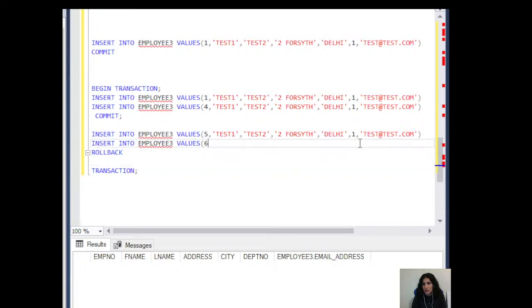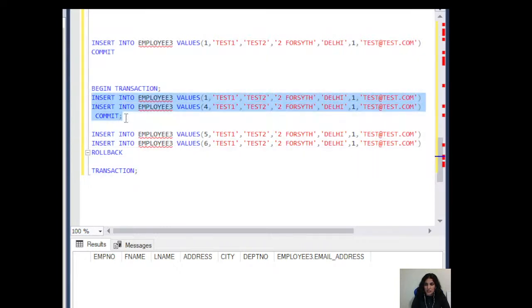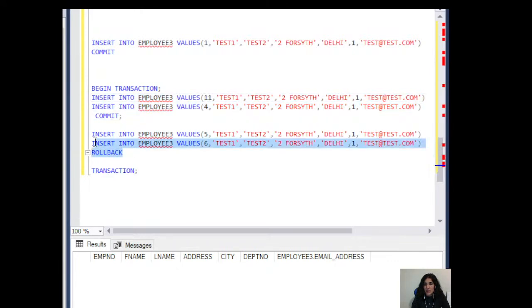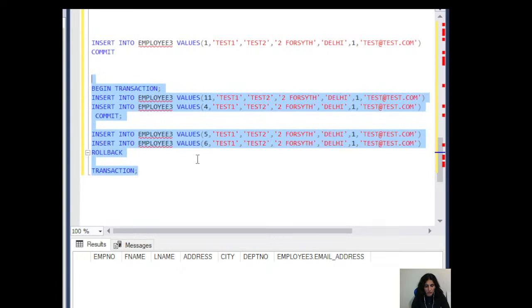Update this one as well. Now, if you're going to run this, what's going to happen? The initial 2 transactions should get saved in the database. And I can give another number to this one. And these 2 statements should get rolled back. So that's the expected. If you run or execute these statements,